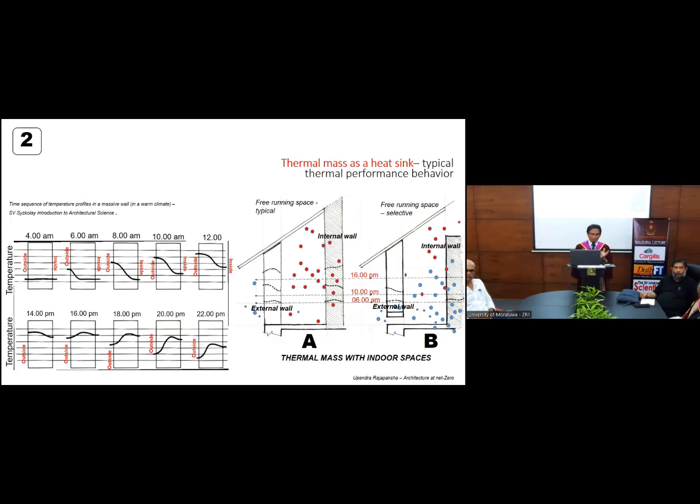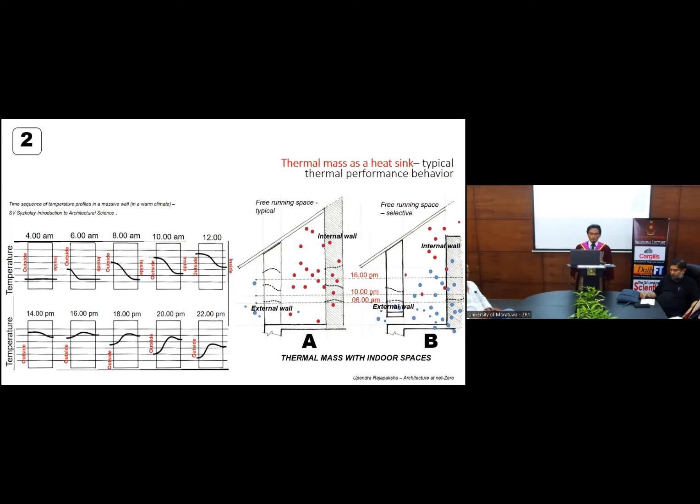So the figures or the bricks or the sections shown on the left. Now by 4 a.m. in the morning, the section through the wall has an outside and inside. By 4 o'clock in the morning, the thermal mass is cool because all the heat absorbed during the daytime is released back to the environment because nights are cold. Then by 6 o'clock, with sunrise, its outside surface temperature starts to increase, and that affects the internal surface as well. So heat slowly transfers into the inside.